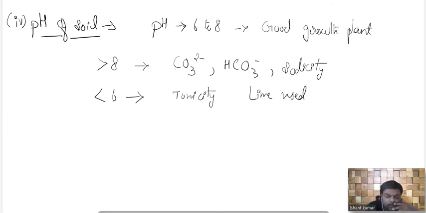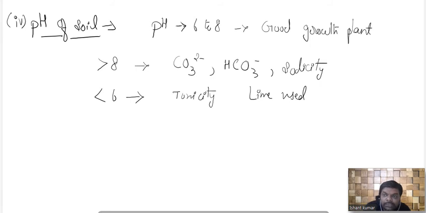So, in order to maintain the pH of the soil, we use different types of chemicals, such as lime for maintaining the acidity. We can use some tolerant species in the soil if it has more basicity. We will plant those particular plants, then the basicity of that soil will be tolerated by that plant, and then we can grow any other plant after that cultivation. So this was the pH of our soil, and how the pH scale is very important for the soil.